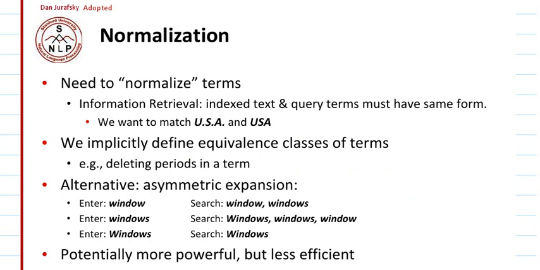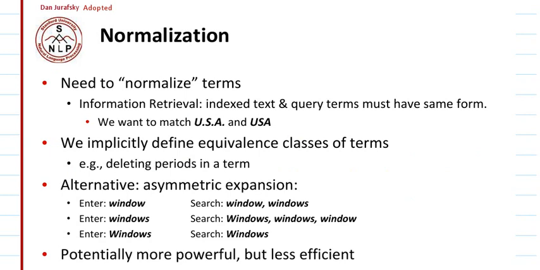In simple terms, we assume that information retrieval is only for text. So indexed text and query terms must have the same form. Indexed means that all the documents in which the query will be searched are given some numbering, some kind of indexing, document 1, document 2 and so on, and we have the two terms U.S.A. and USA,